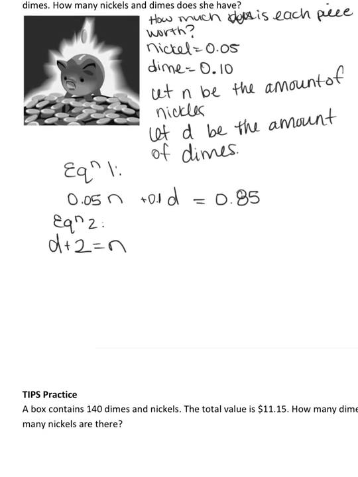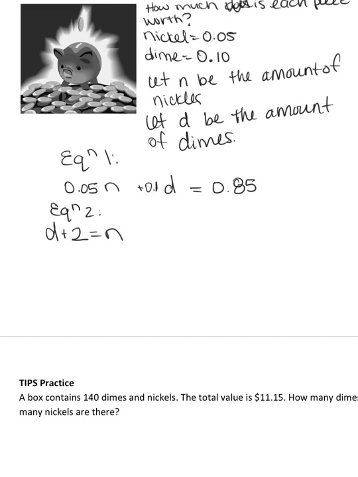So I'm just going to give myself a little bit more space here. I have my 2 equations, and this second equation is saying that for every n that I see, I can replace it with d plus 2. Okay, so I'm going to do substitution. So let's sub d plus 2 equals n